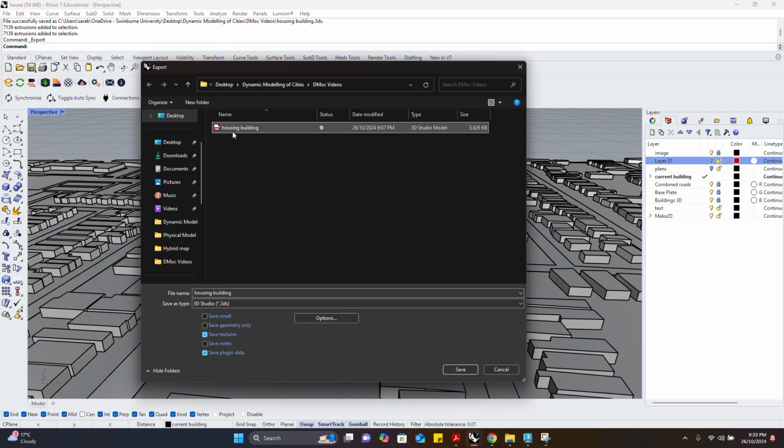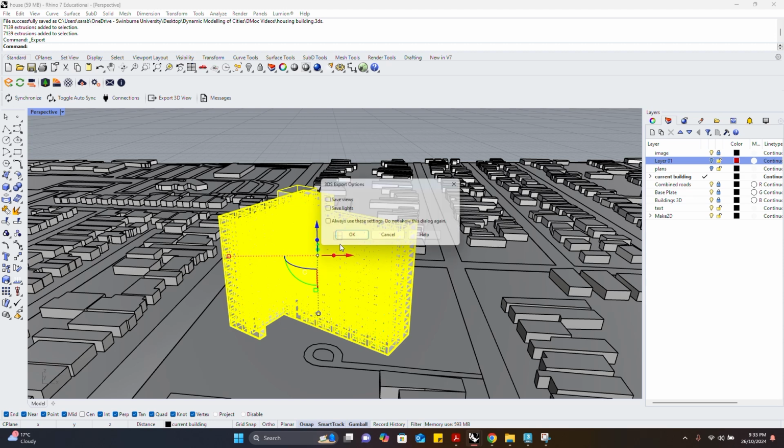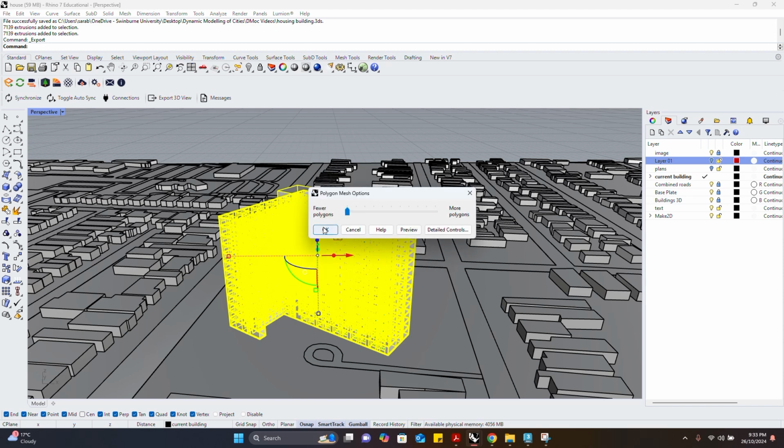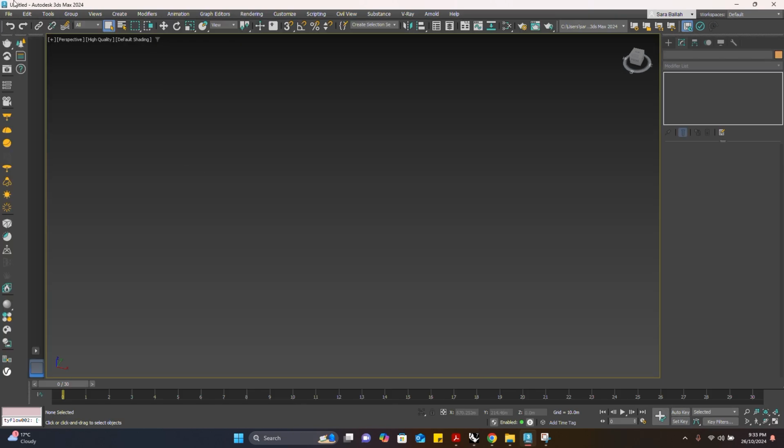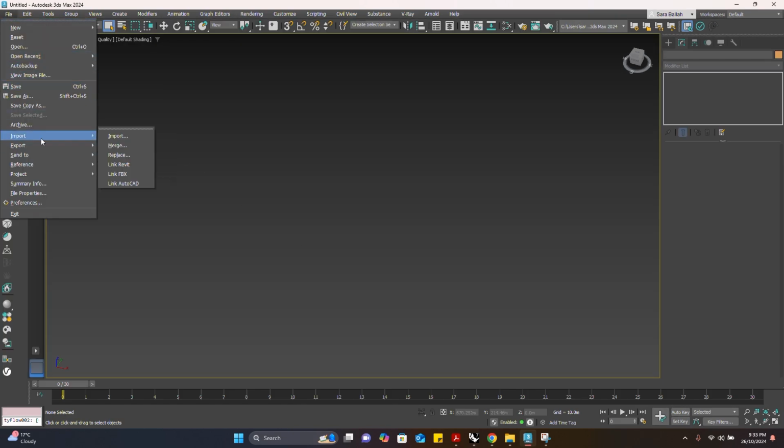I'm just going to replace an old building file and make sure that you save the type as a 3D Studio because that is what is accepted in 3ds Max from Rhino. So give it a few minutes or seconds to load depending on how heavy your file is. Once that's loaded, we're going to go into 3ds Max, go into Files, Import,